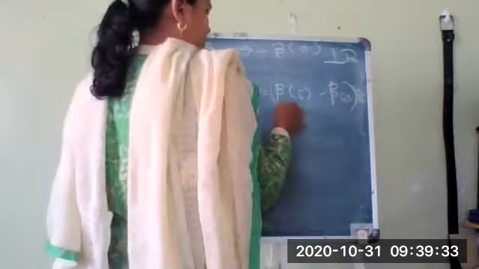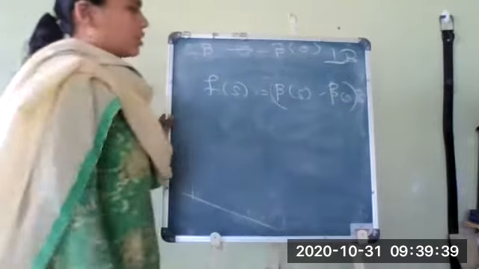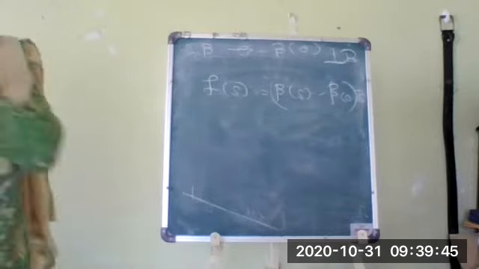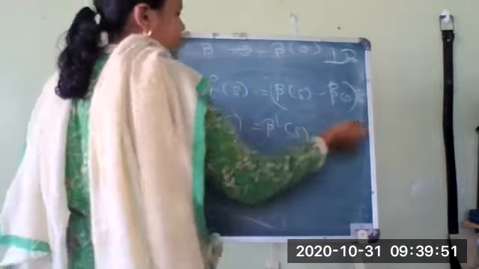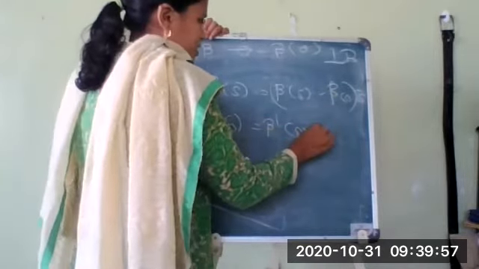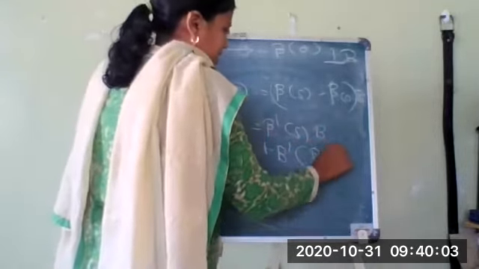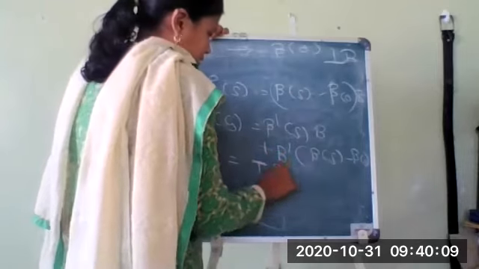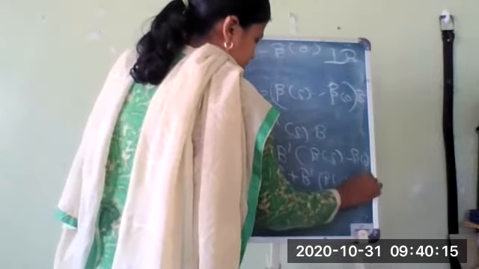Here, beta of s is a curve passing through beta of 0. If this product with b we show is equal to 0, then our result will hold. So let us differentiate this with respect to s. We get f dash of s is equal to beta dash of s dot b, as beta of 0 is the value of beta calculated at 0, so it is a constant term, and the derivative of a constant is 0. Plus, next, beta dash dot (beta of s minus beta of 0). So this is t dot b plus beta dash dot (beta of s minus beta of 0).